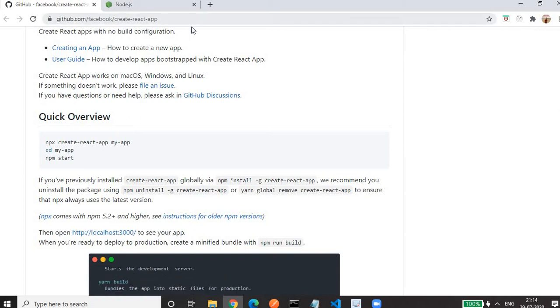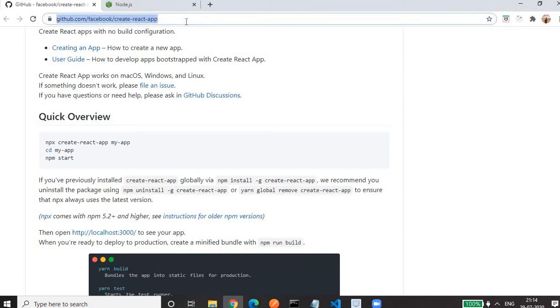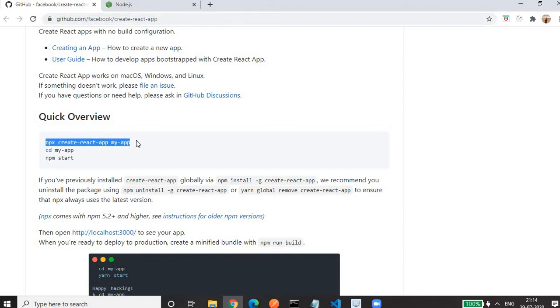This is the GitHub page of create-react-app. You'll find the documentation on how to use it. And this is the command that we need to create our React application. Earlier, in the earlier versions, we were doing npm install -g create-react-app.